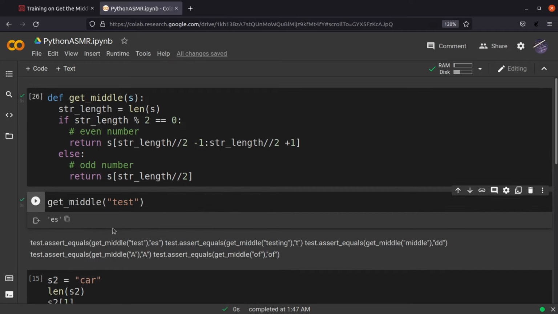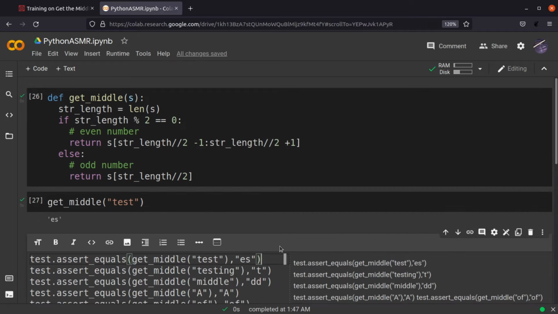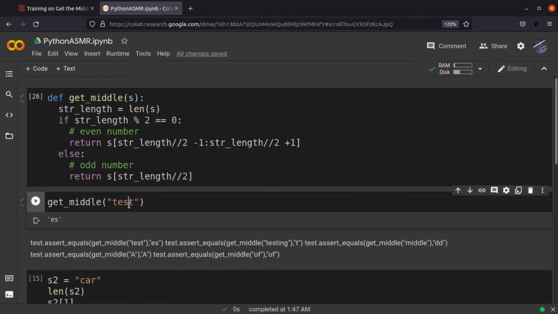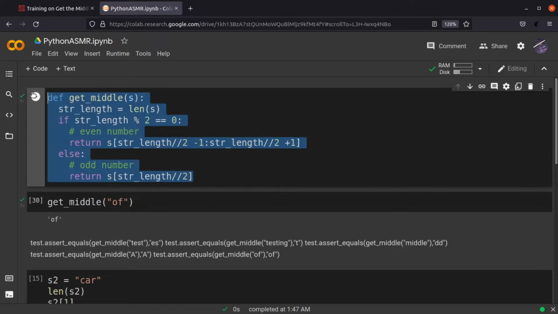Okay, now it gives us ES, which is correct. Let's get this testing, and that should return a T. That's also correct. I feel like this is working well. Is it working for only one character? Ideal. Only 2 characters? Also ideal. Okay. So it seems like we did everything correctly, so we just take this function and put it back into